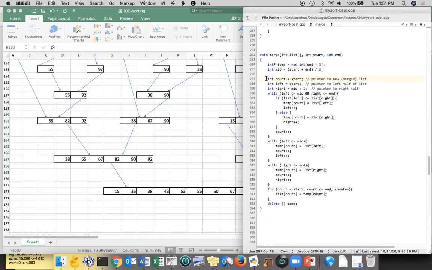All right, so I'm going to have 3 counters. I'm going to have a counter in the newly formed array. I'm going to have a counter called left that's pointing in the left half of the array, and I'm going to have a counter called right that is pointing at the list that's in the right half of the array. Okay, and so I'm going to say while